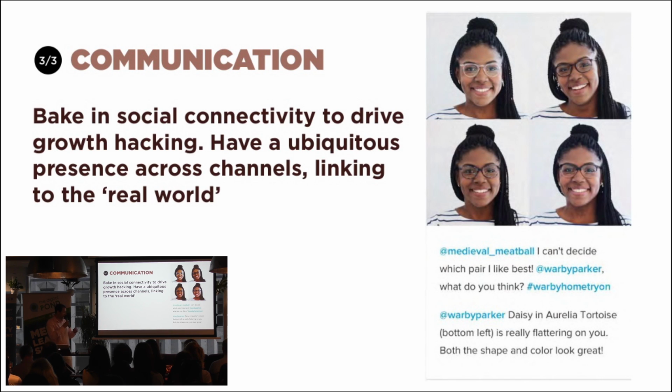So this example here is Warby Parker. They're basically an eyewear company. If you want to try on a new style of glasses, you can order the frames online, free of charge. You get 10 samples in the post from their website. And you can then try on those frames, take a photo or selfie of yourself, put it onto social media, Warby Home Try On, and then their consultants or fashion experts will help you, in a very entertaining way, select